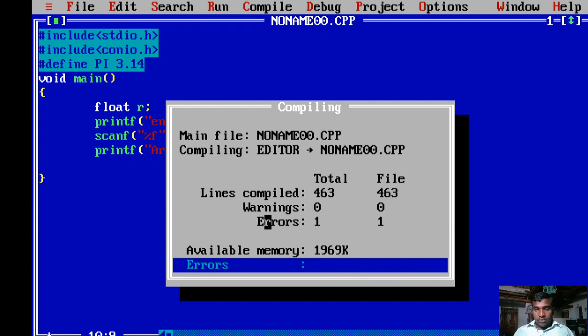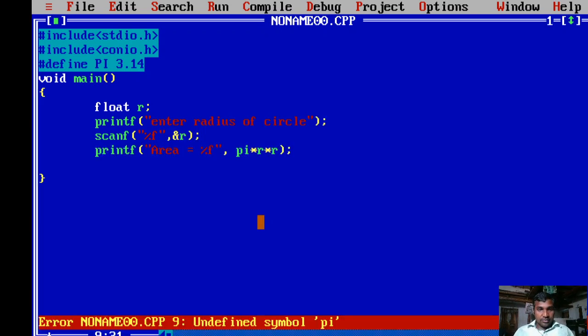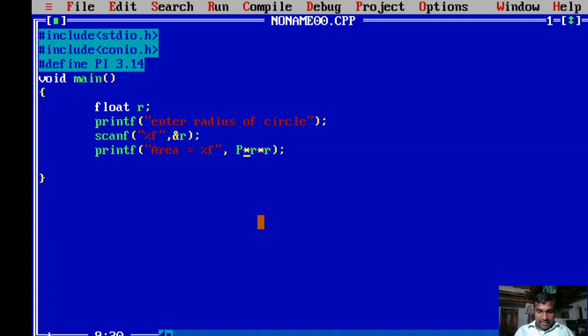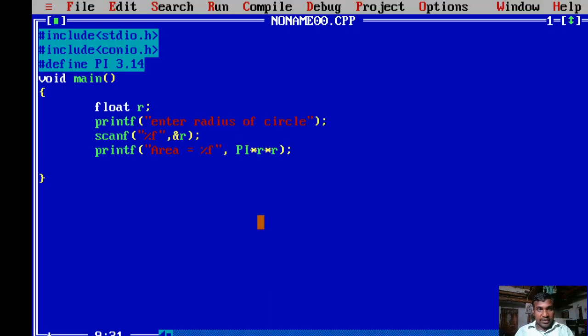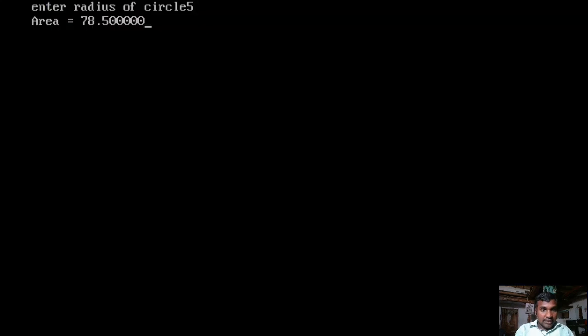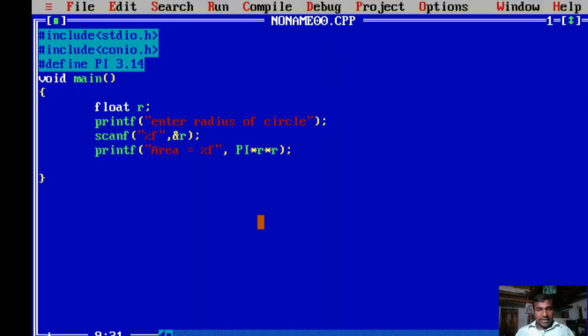We are getting one error, so pi is defined as a capital PI. Enter the radius of circle. For example, the radius of circle is 5. Then the output will be area of the circle is 78.5 if the radius of circle is 5.